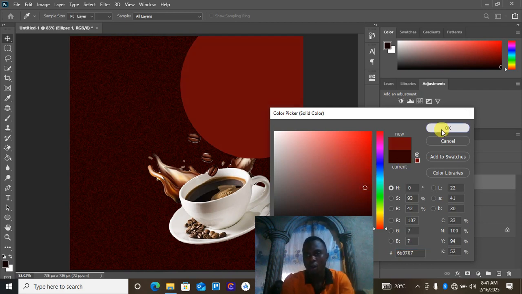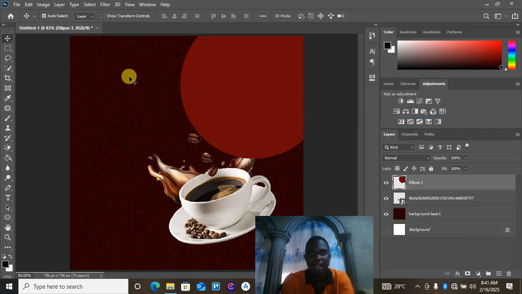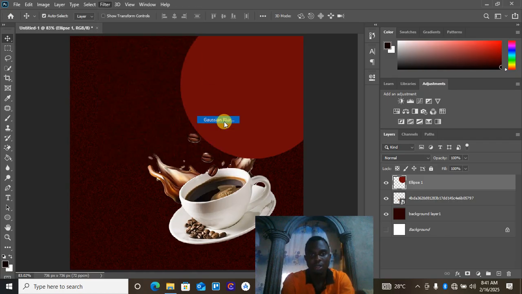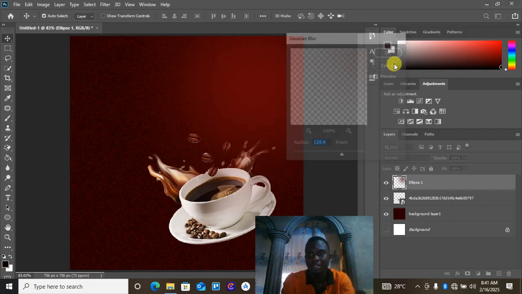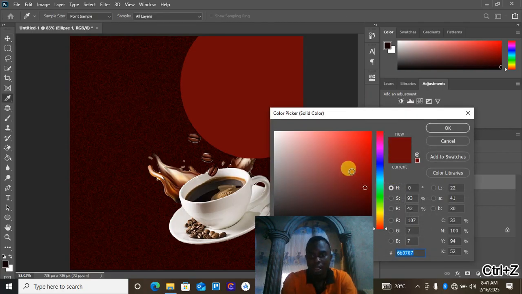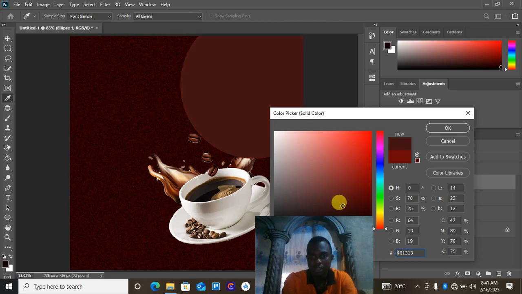So we click on OK, and then we rasterize the shape again, rasterize layer, we go to filter, blur, Gaussian blur, and then we increase the blur radius to like this. I'm still not getting that color which I want. I'll cancel it again and I'll undo. I need a lighter color, a more lighter color. Wait, I think this will be